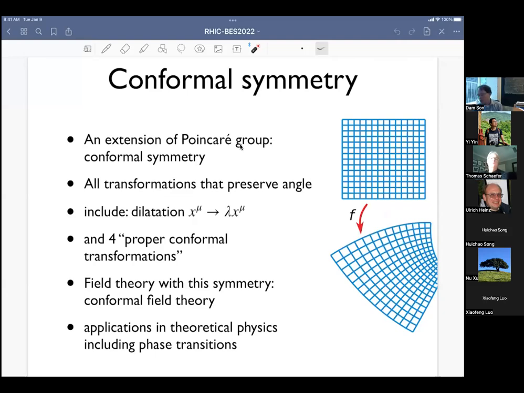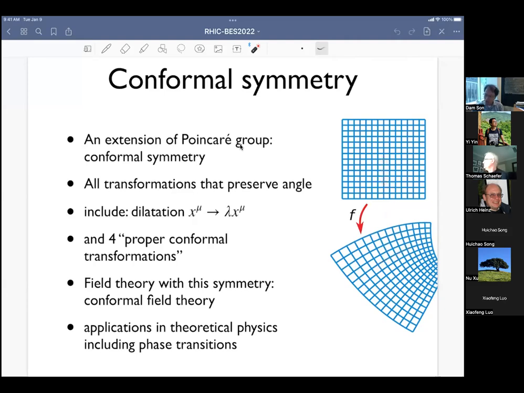A Poincaré transformation would preserve both length and angles, but a conformal transformation preserves only the angle. So if two lines intersect at a right angle here, after the transformation, they would intersect at the same right angle. However, the distance may change under the